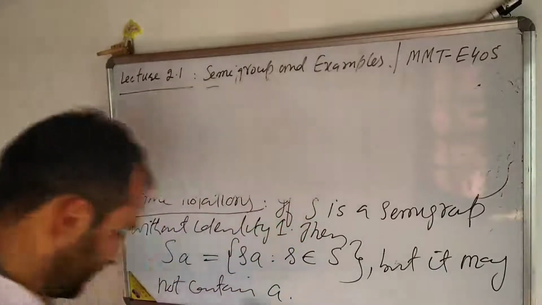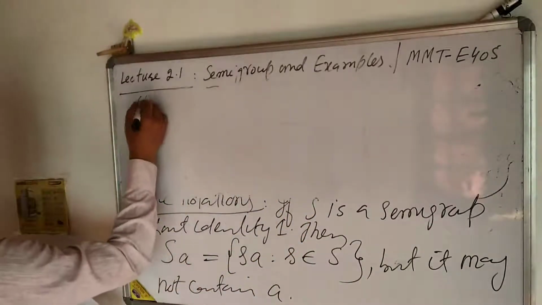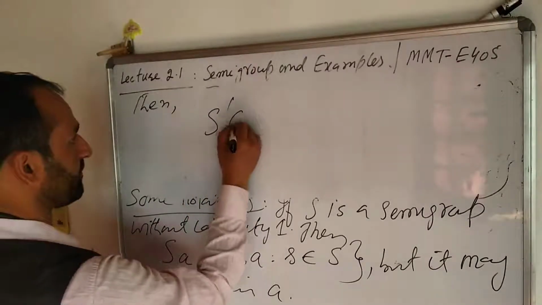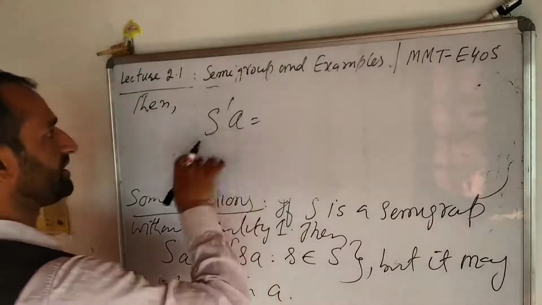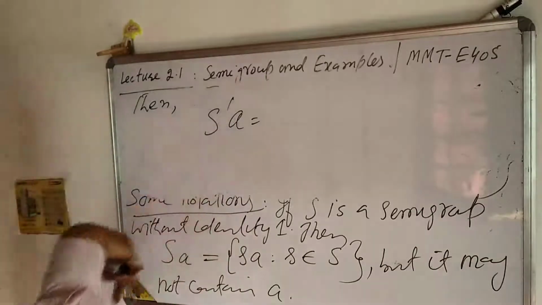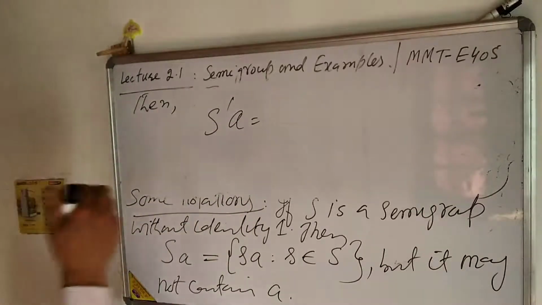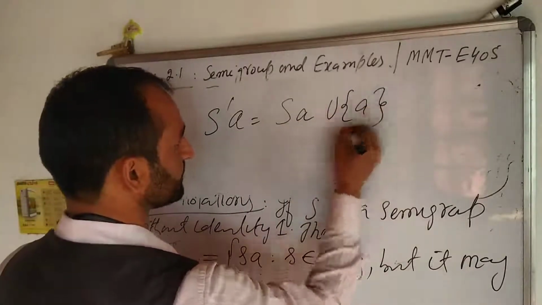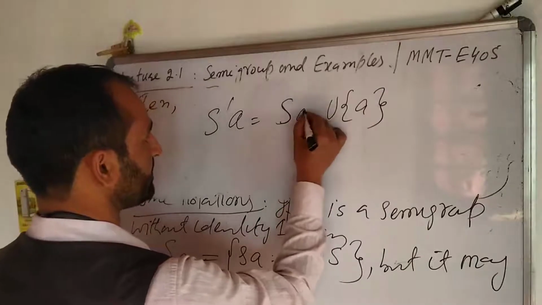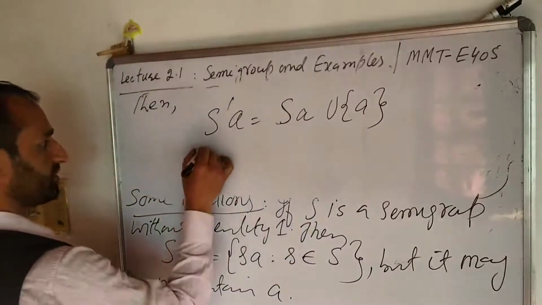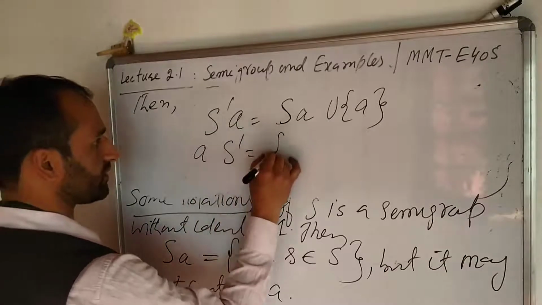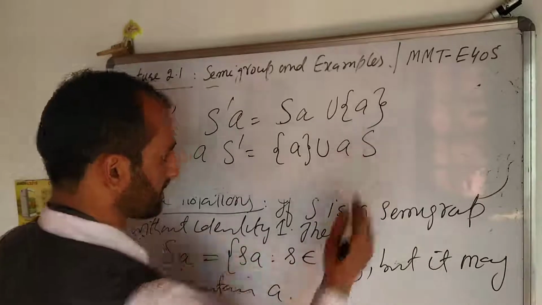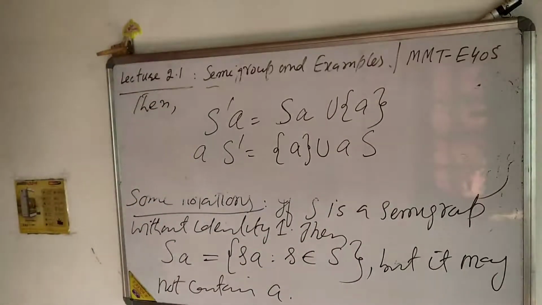So now we have this, then we take these sets S1A. What's S1A? It will be equal to, because now S1A will also have A and the elements of S, so it's equal to SA union A. And you can see this AS1 is equal to A union AS. Similarly, if you take S1A S1,